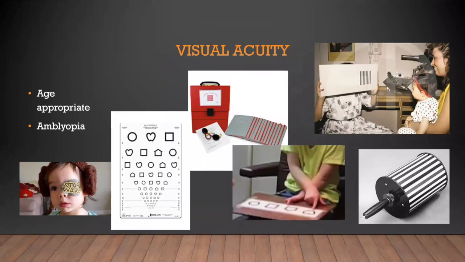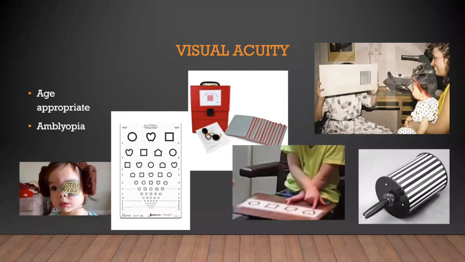So we begin any squint examination, obviously, first by beginning the visual acuity. So we are all very familiar with assessing vision for adults, in which we use the basic Snellen's or ETDRS charts to assess the visual acuity. However, we need to look for age-appropriate visual acuity, especially to pick up amblyopia or lazy eyes, which is treatable in the younger years, that is in children less than 6 to 7 years of age.